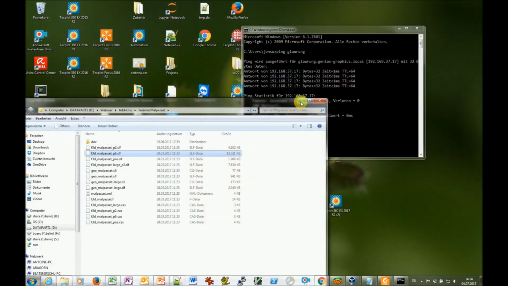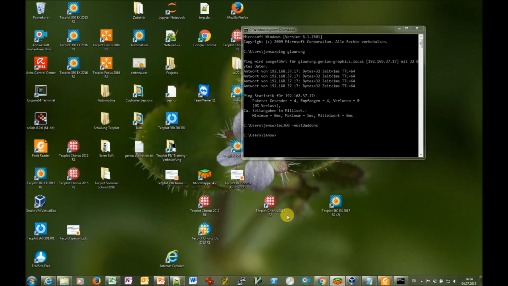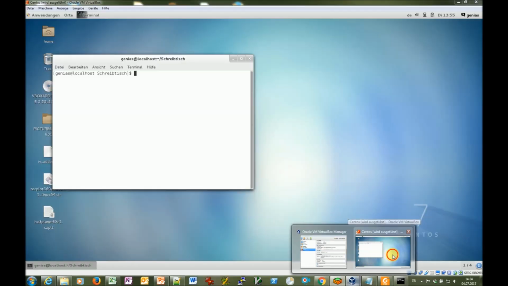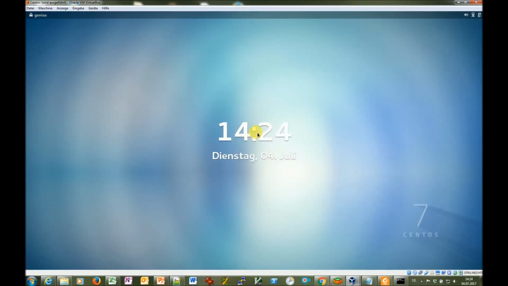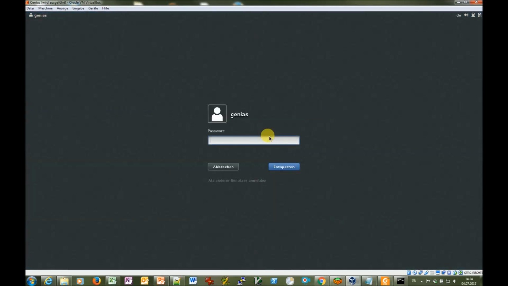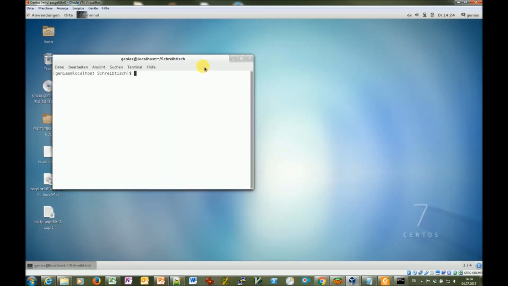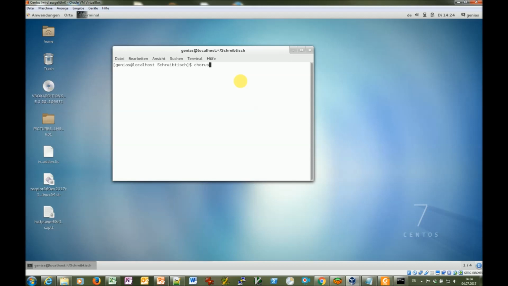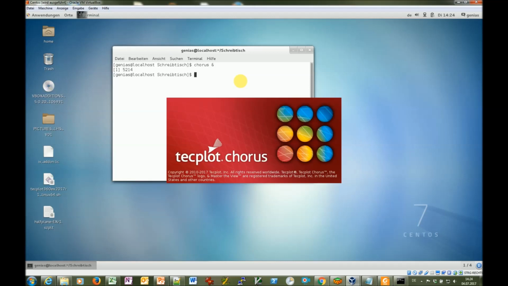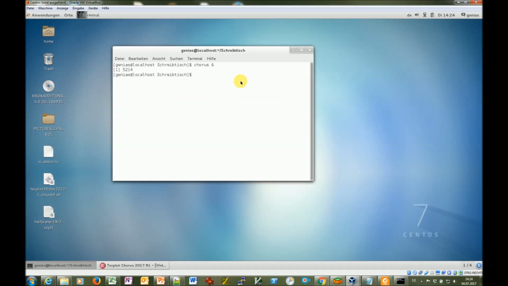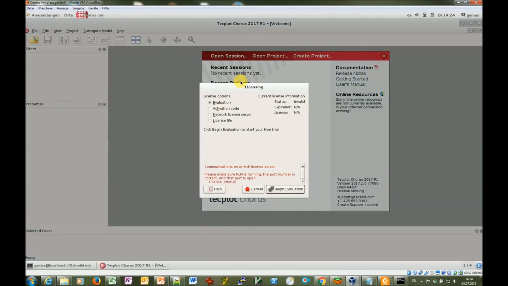course, these add-ons are running for Linux systems too. So it's of course not only for Windows. So far you saw a Windows system. If I'm clicking here on this one, we have now a CentOS Linux system available, and if I start Tecplot Chorus here, if you need an introduction into Chorus, just let us know. Of course, we have videos for this too, or we can plan